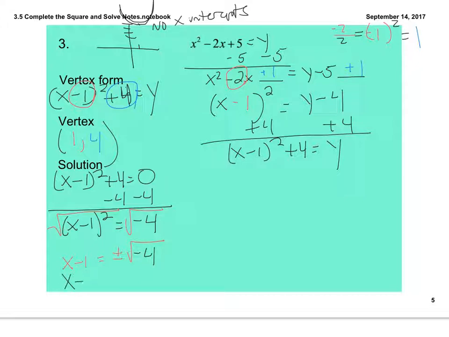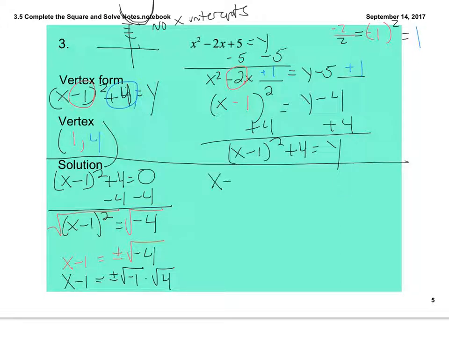Continuing on, I have x minus 1 is equal to plus or minus the square root of negative 1, which will give us our i value, multiplied by the square root of 4. If I continue to work out this problem here, I get x minus 1 is equal to plus or minus i, which comes from here, the square root of negative 1,